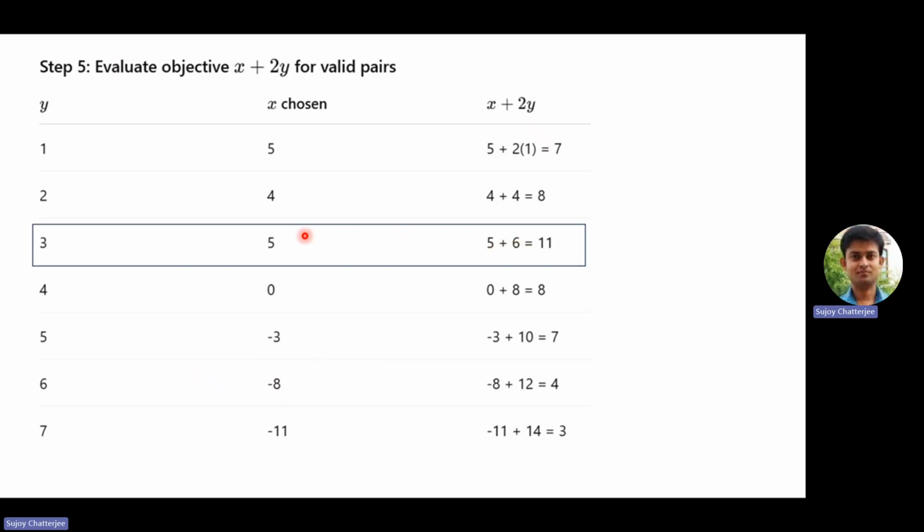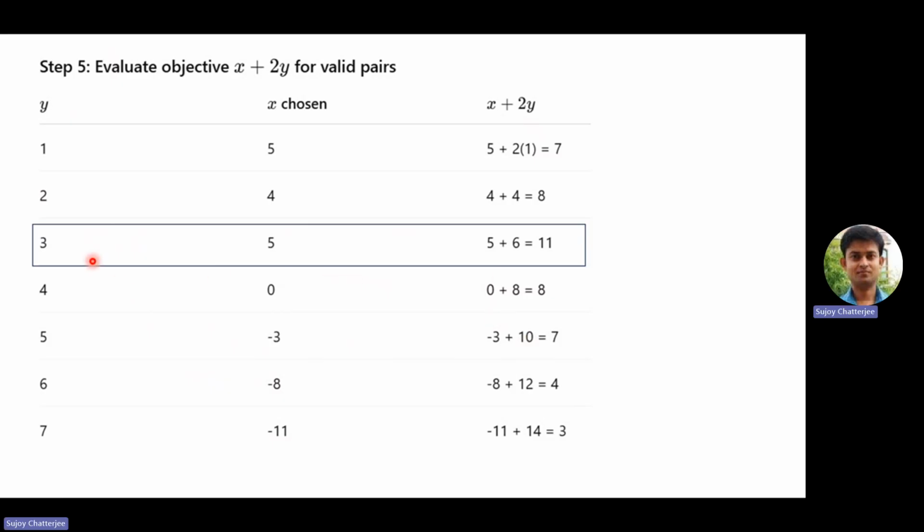And why we have circled this one, I will just tell you. Before that, 4, 0 and 8. 5 is minus 3. So minus 3 plus 10 is equal to 7 and so on. And we see from all these values that the maximum value is 11. And so the numbers corresponding to this maximum value 11 are your